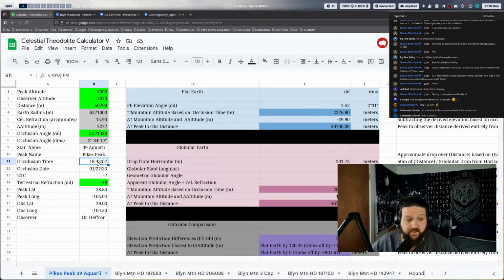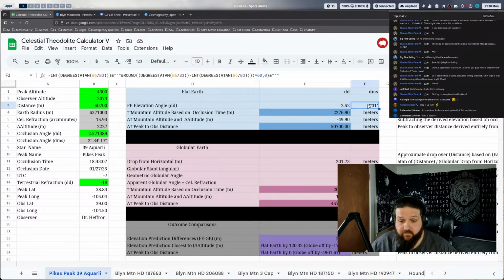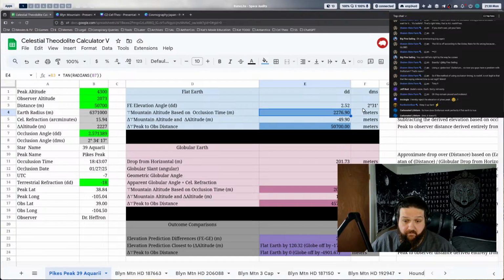6:43:07. He went into Stellarium, went to the mountain peak coordinates, looked up that star, turned off refraction so he could reference the true position, because that's all we're interested in. And that true position happened to be at 234, which is much closer to the flat Earth prediction of 234 than it is 219. Then when we do some more trig, based off of the occlusion angle and the distance, we can get what the elevation would have to be. We subtract that from the known elevation, and we get this number here. Because the angle was a little higher, it comes out negative for this.